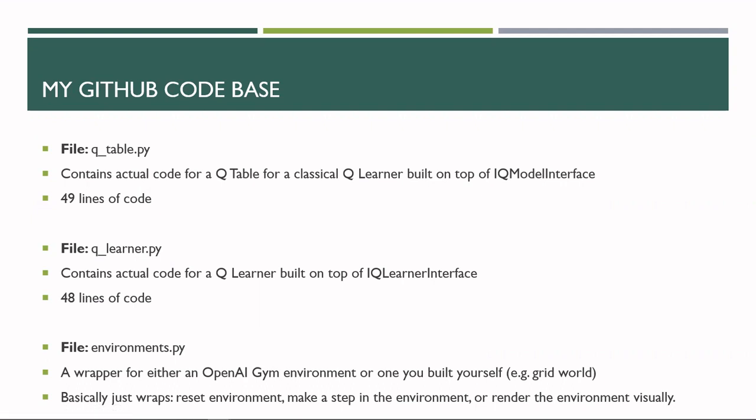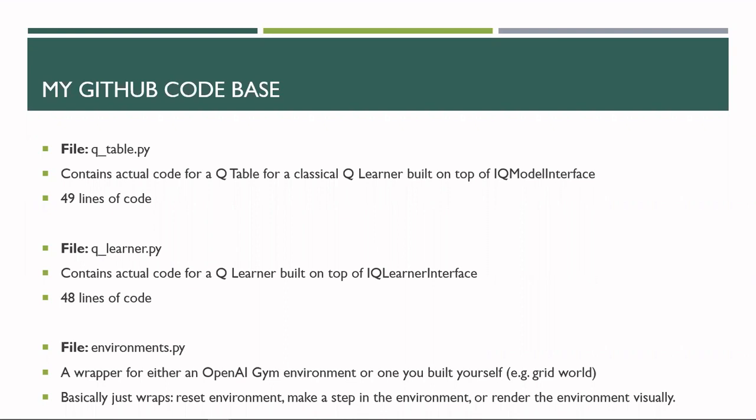Well, OpenGym environments, I didn't want this agent to only be able to work with OpenGym. So I taught it to use this wrapper, and then it's very easy to wrap any OpenGym environment with it. What I mean by wrapper is basically some sort of interface that says you can reset the environment, you can make a step in the environment, or you can render the environment visually, which are the three things that OpenAI Gym needs to be able to do. And really, you would need that for any environment you wanted to create. It's the minimum necessary interface for an environment. It simply has functions that you can then fill in